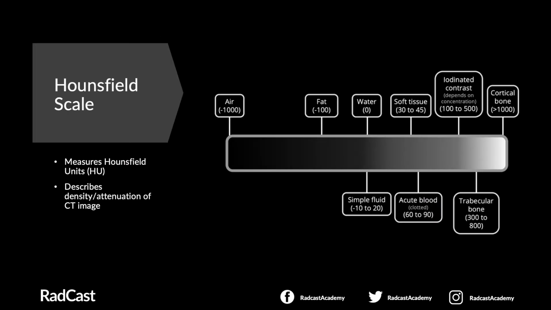Now, the Hounsfield scale, this is very important when looking at CT scans. The Hounsfield Scale is named after Sir Godfrey Hounsfield, the guy I mentioned earlier. The scale is essentially a measure of Hounsfield units, which is a measure of the density of a CT image. It ranges from -1000, which represents air, to above 1000, although bone is measured at a density of 1000 Hounsfield